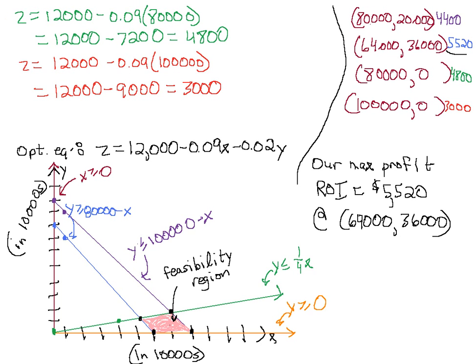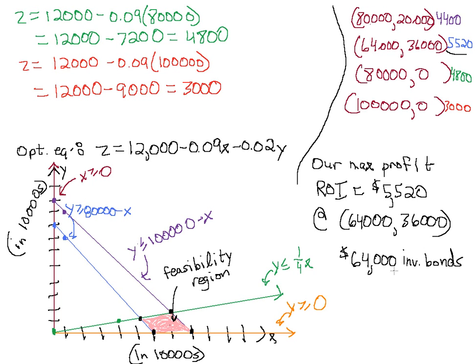Which means that since x equals $64,000, and we defined x as the amount invested in bonds, so $64,000 invested in bonds,